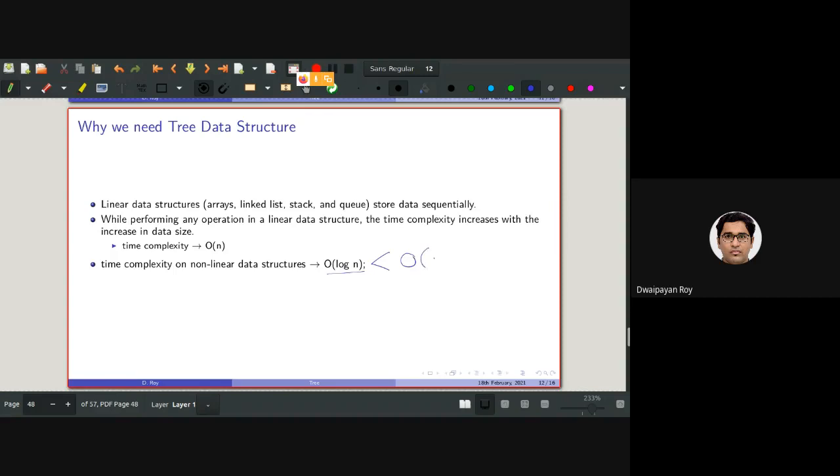So it will take less time while applying operations on nonlinear data structures. Another important thing is that nonlinear data structures utilize computer memory efficiently in comparison to linear data structures. Can you say how? Okay, so let's defer this question for the next class. I will be discussing this. It's a very important and very nice one to discuss.